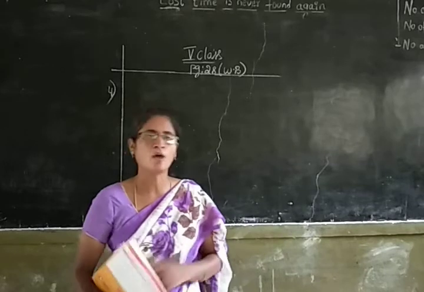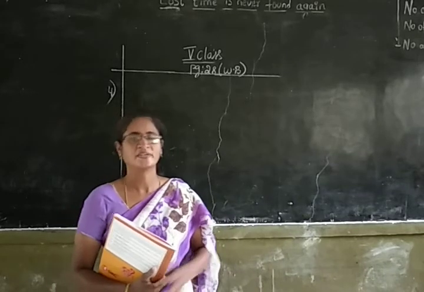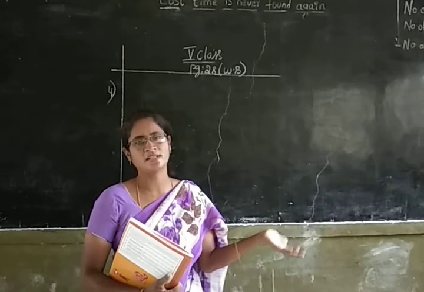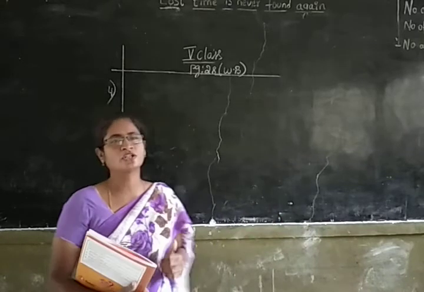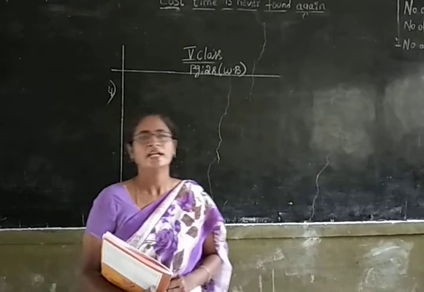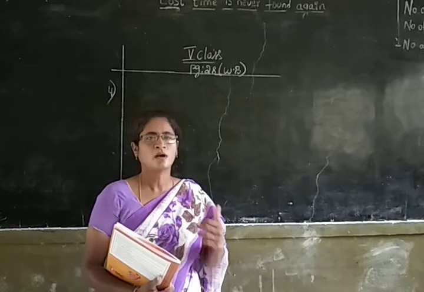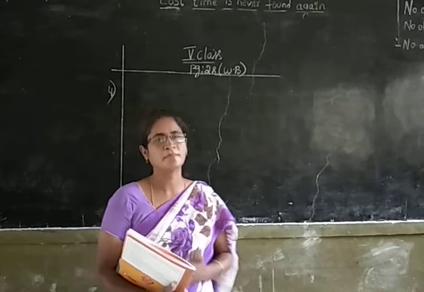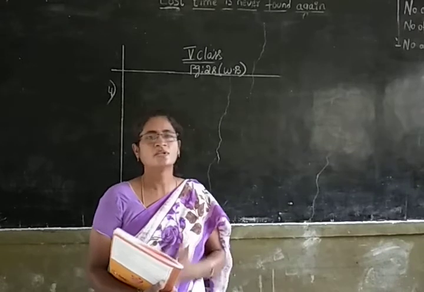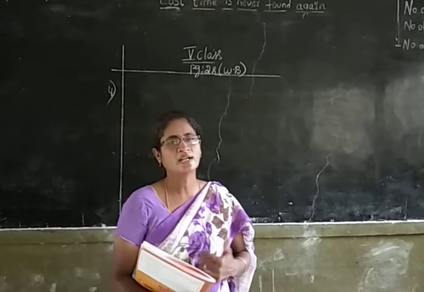So you have to compose the numbers according to the international place value system. Yesterday also we composed the numbers according to the Indian place value system. Today we are going to compose the numbers according to the international place value system. So compose means what? Compose means putting the large numbers together according to their place value. So let us do the sum.